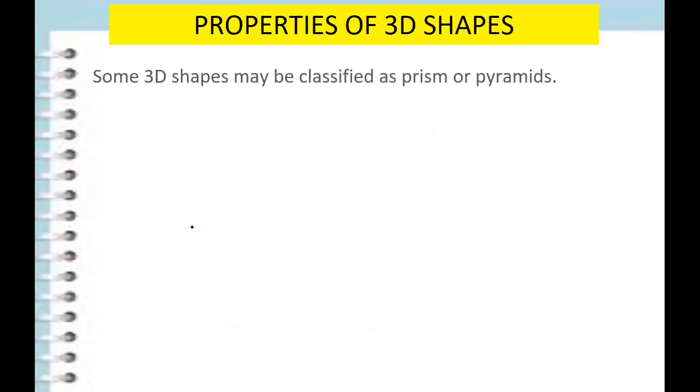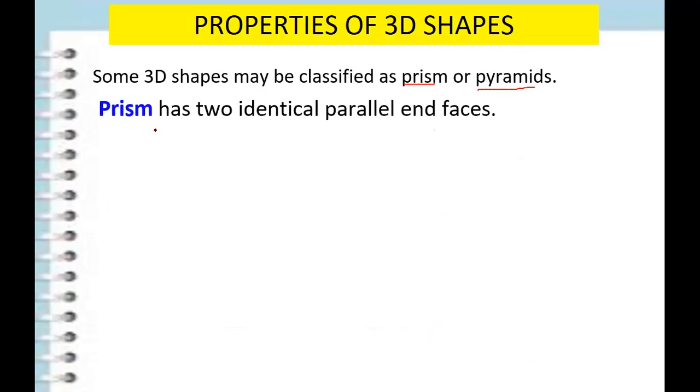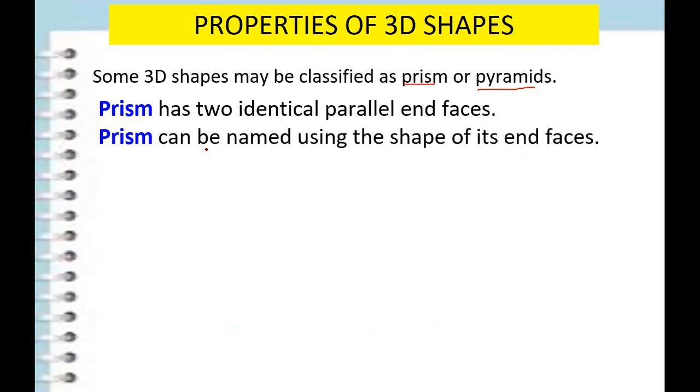Now let's move on. 3D shapes are classified as prisms and pyramids. What are prisms? A prism has two identical parallel end faces. Like what I have said a while ago, I will show you. And a prism can be named using the shape of its end faces. So for example,